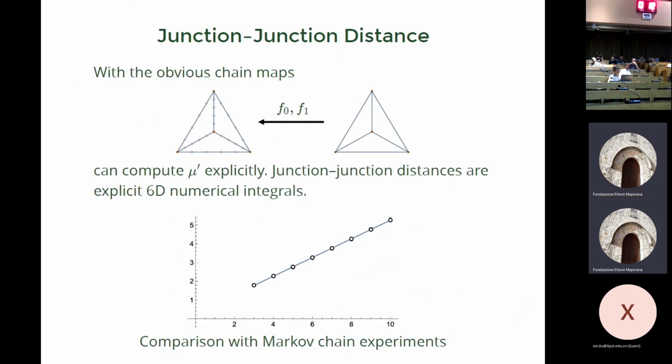So now the point is I have this graph, but what's the structure graph? Well, it's this thing, and the chain maps just say, okay, this vertex goes to here, here to here, here to here, and here to here. And then we're interested, for example, in the distribution or the expectation of the distance between junctions in this model. Now, this thing has, I think, 28 vertices. So the space that you're restricting to is 27 dimensional times d, which is 3. So in principle, this is some integral in some 81 dimensional subspace.